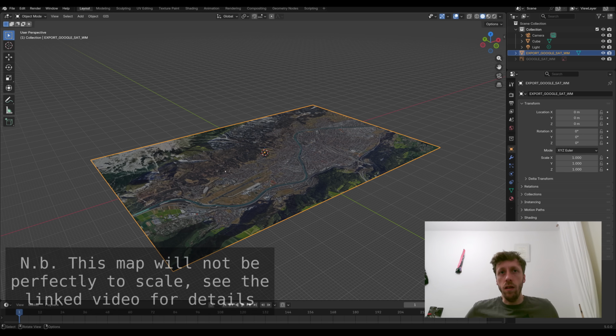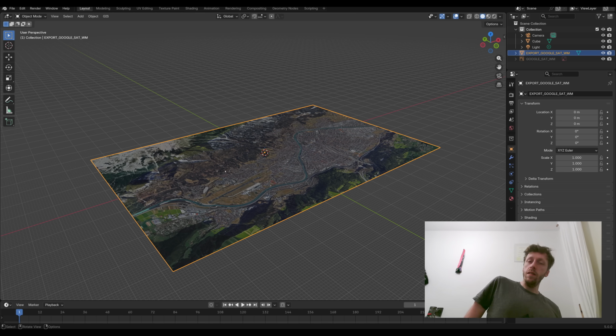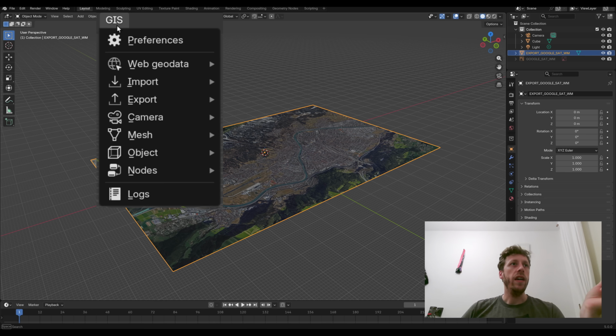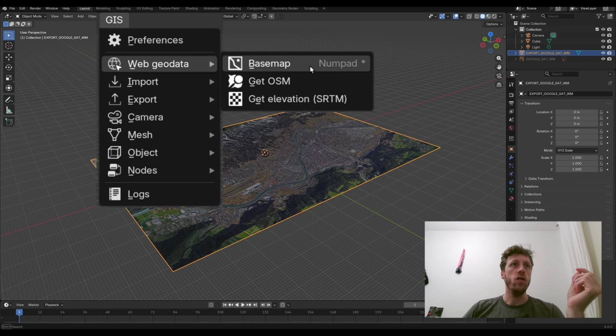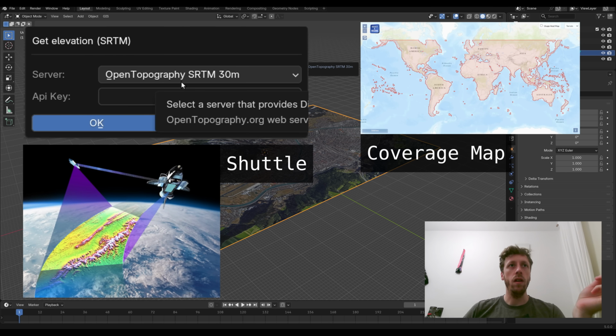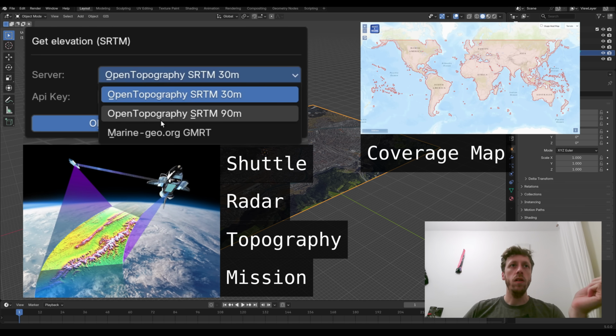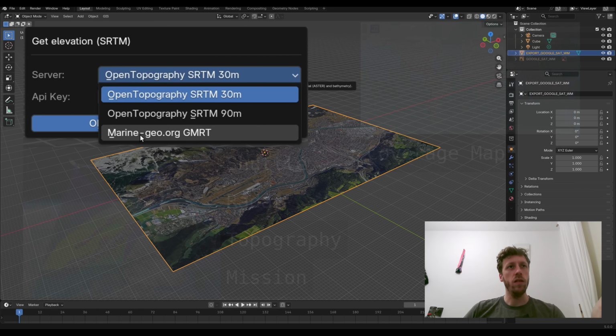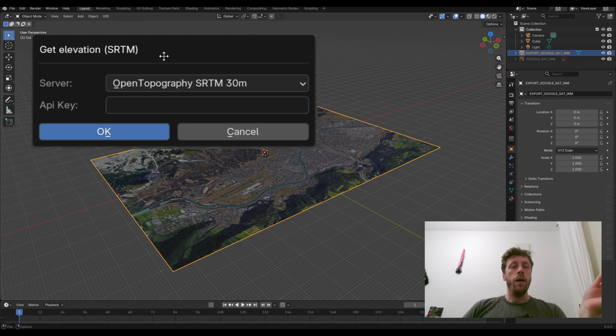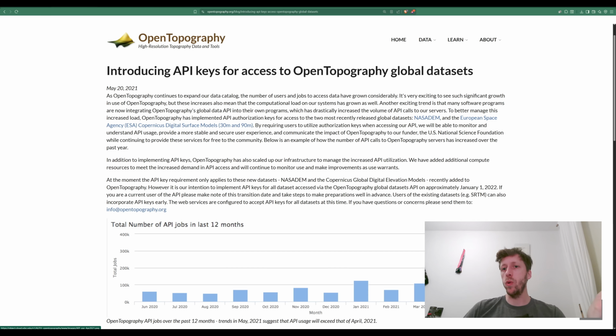So the next thing that we can do is add height data to this map. I'm going to go over to GIS, Web Geodata, and choose Get Elevation SRTM. SRTM stands for Shuttle Radar Topography Mission. You can also use this one here, Marine Geo, which has greater coverage, but isn't quite as high quality as the SRTM. Now, in order to use the SRTM, you need an API key, because back in April 2021, their